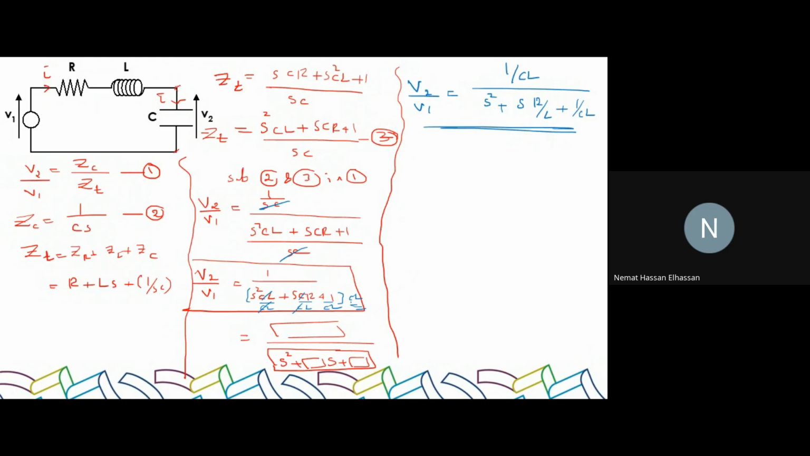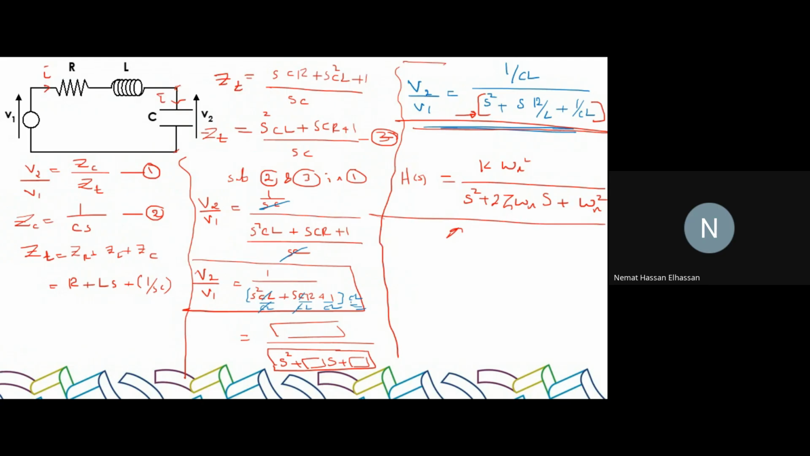At the denominator, this quadratic expression has a name. It's called the characteristic equation. And the standard form of a transfer function H(s) is k omega n squared divided by s squared plus 2 zeta omega n s plus omega n squared. So what does that mean? Now by comparison, can we compare this equation with this equation? It can be easily compared, right? And we can see that I can compare